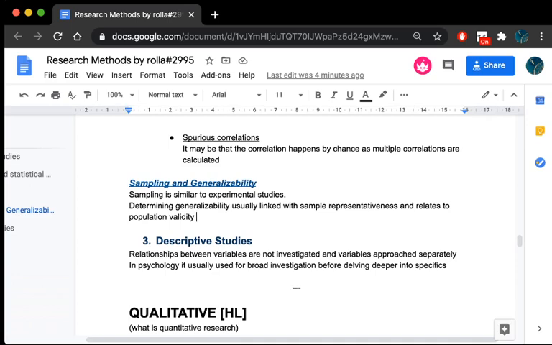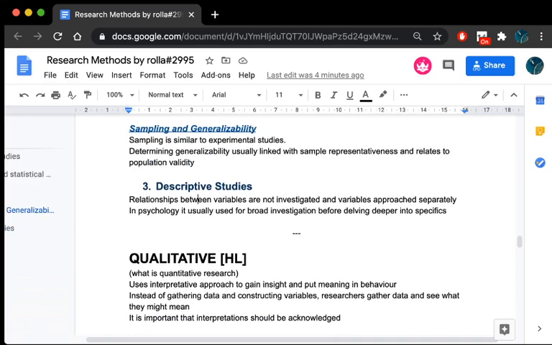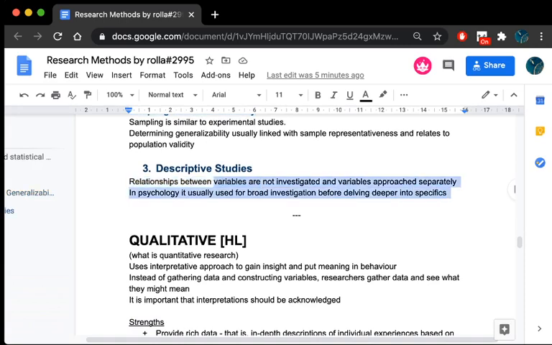And last but not least, in quantitative studies, we also have descriptive studies. So for descriptive studies, you don't do experiments, you just measure and you go in depth and approach how each of the variables are, before you start doing correlation experiments or experimental designs, because you obviously don't want to make